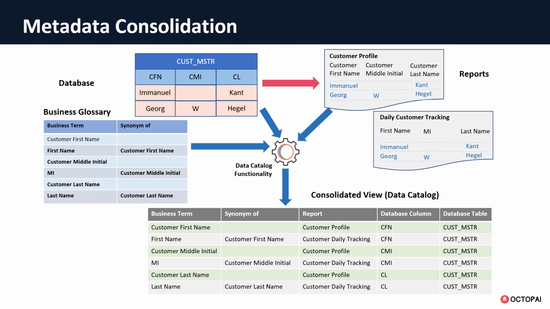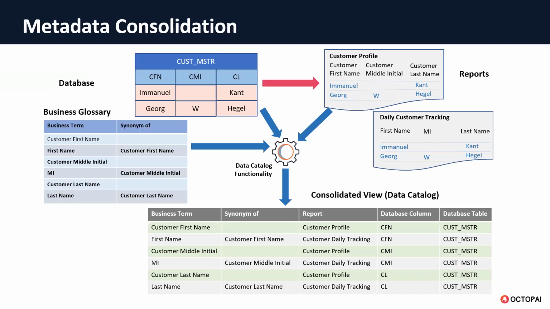We have a business glossary and it has business terms in it, and the business terms will have definitions, synonyms will be identified, and so on. We have a database which we can understand in terms of the structural metadata that we're going to harvest from it, and which would traditionally be held in a data dictionary. And then something we haven't really discussed yet, but reports. So reports are out there, and reports would be seen today in a data catalog. And there are ways of capturing report metadata.